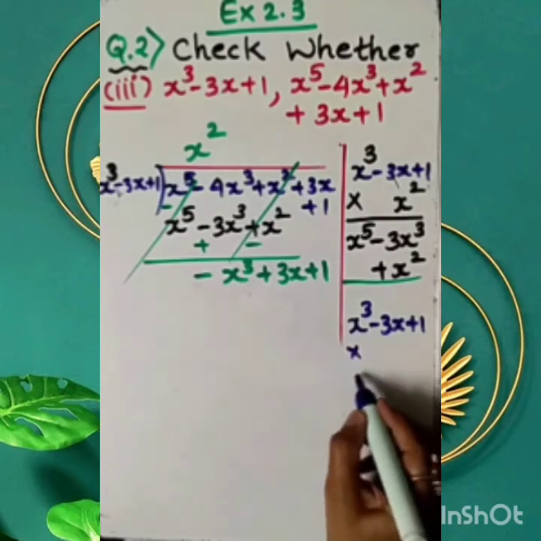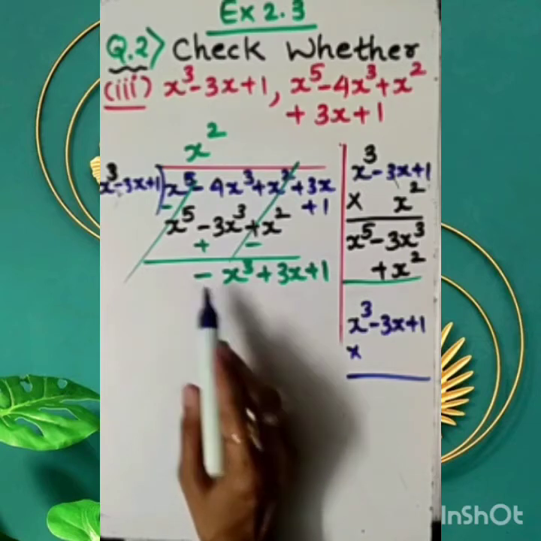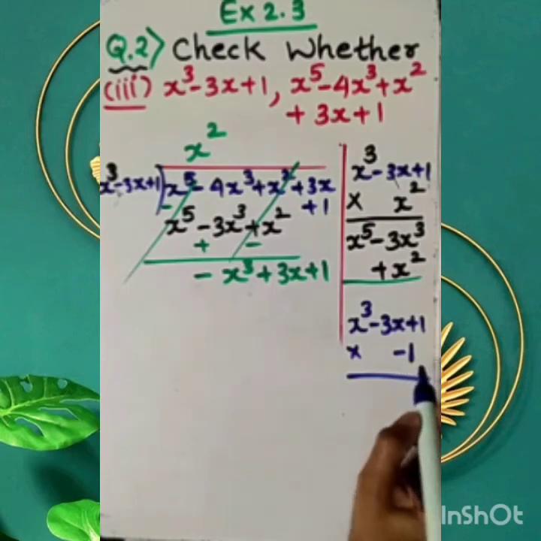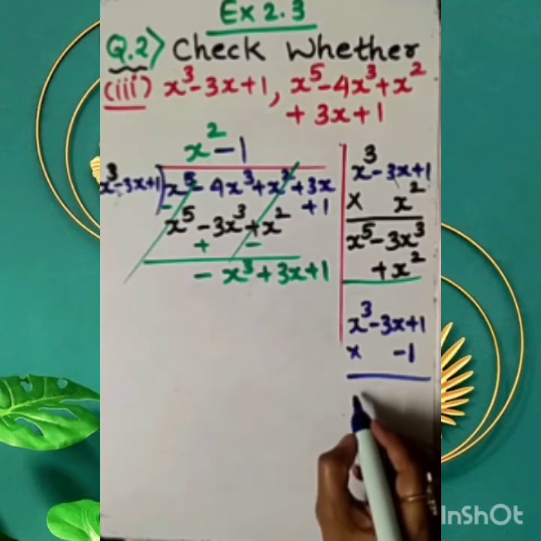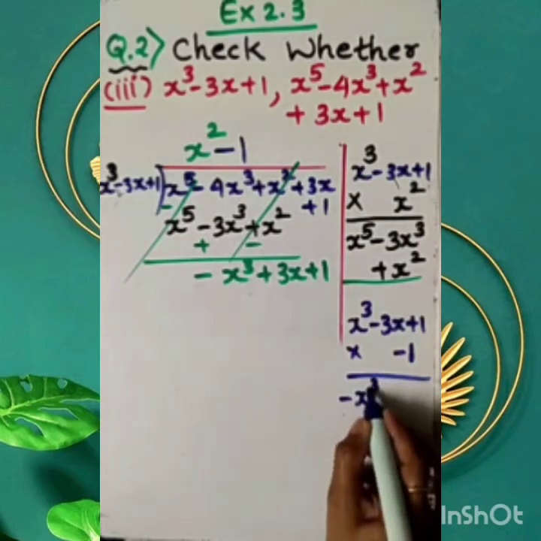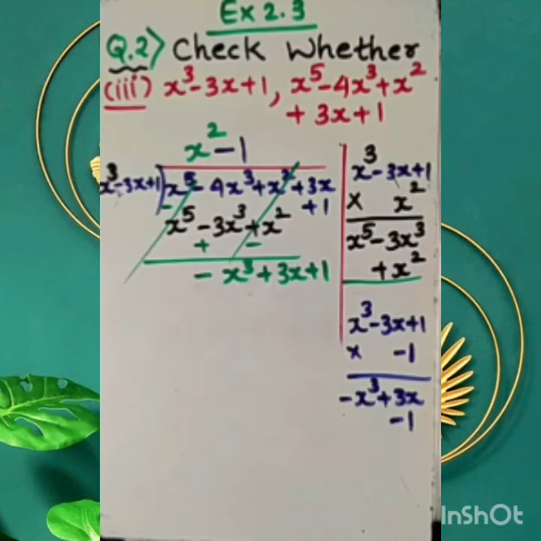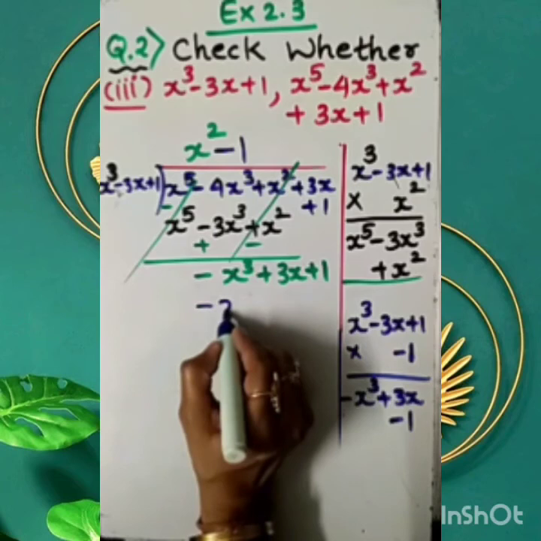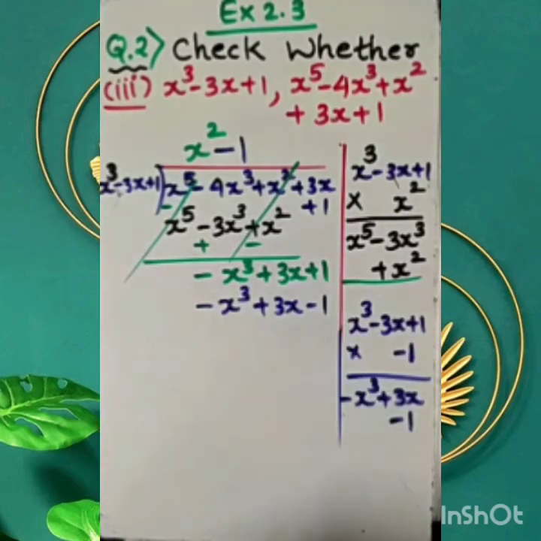Okay. Now again, what we are having here is x cube minus 3x plus 1. Now already here I want x cube, but along with a minus sign. X cube is already there, but along with a minus sign, so this time I need to multiply it with minus 1. So the quotient will be minus 1. So dear student, here we will have x cube plus 3x minus 1. Please remember, be careful about the sign. Now whatever the result we are gaining, let me mention it here. This is plus 3x and this is minus 1.